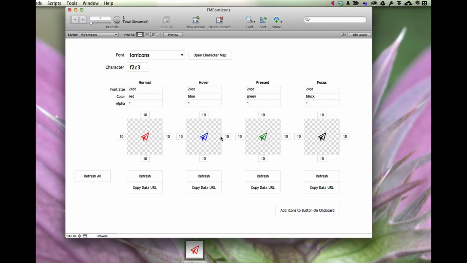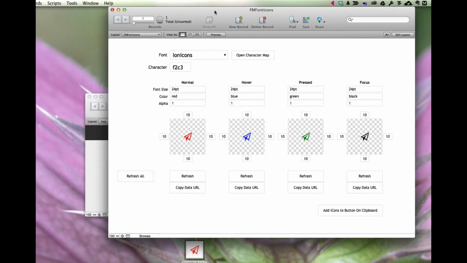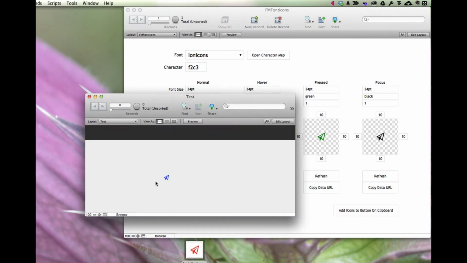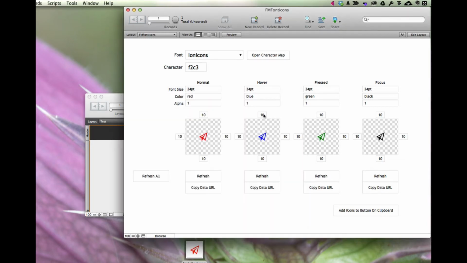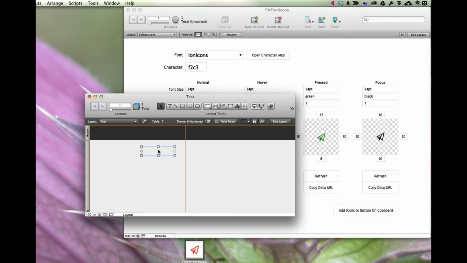Now we can do a couple other things too. We'll get rid of that one. There's that one. So we can also, let's say you wanted to have it hover a little bit. When on hover you want it to raise up. So let's raise it up 2 pixels. And so that will move it up a little bit. Then we want to depress it. So let's do 8 here. And let's go back and do the same thing. We'll copy to the clipboard,